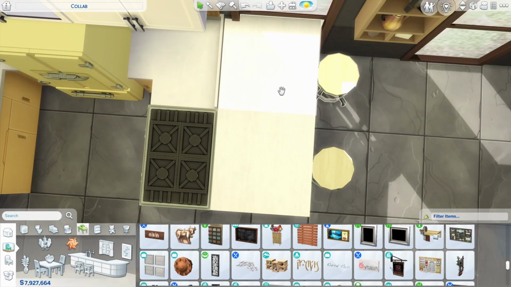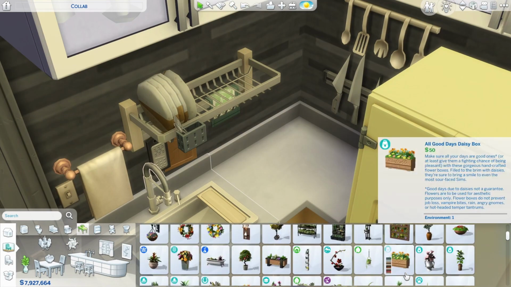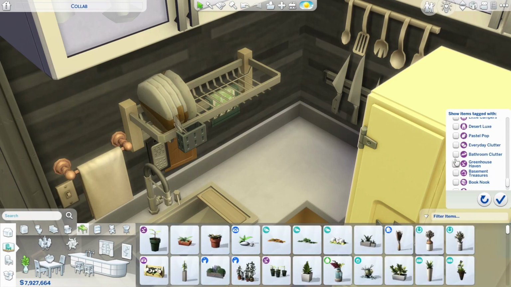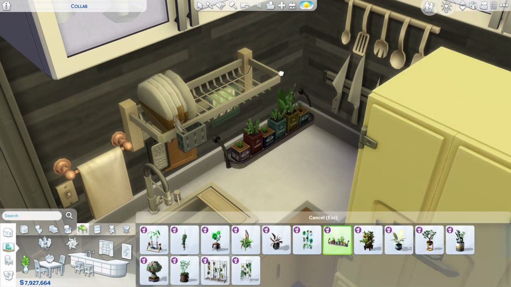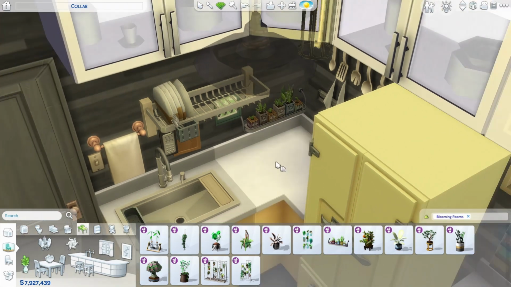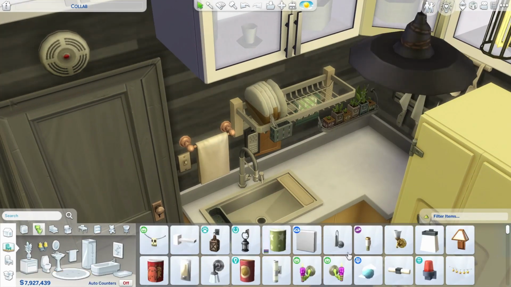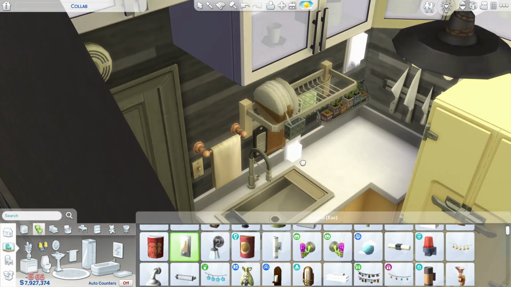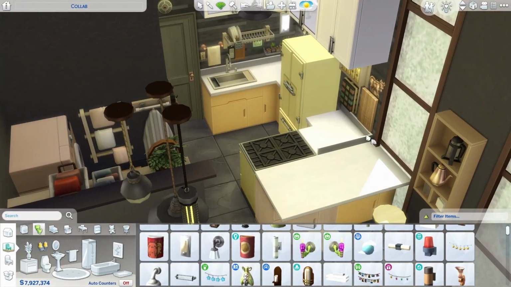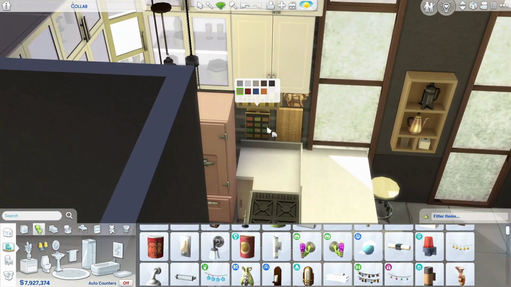I still wanted the kitchen to be super functional so that the Sims could cook on it okay and make it very usable, because too much clutter and it becomes hard for them to use, and they're still going to do their cooking, right? So I'm just putting a little herb thing in there from the Blooming Rooms kit. I love that little herb thing. I think it's super cute, and because it's a hanging plant, it's an easy way to add a little bit of greenery to your kitchen. If you don't have the Blooming Rooms kit, I can highly recommend it. I use it basically all the time if I'm doing a non-limited pack build,